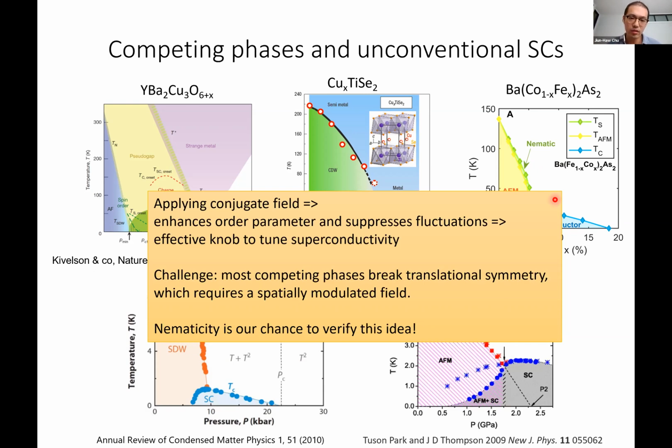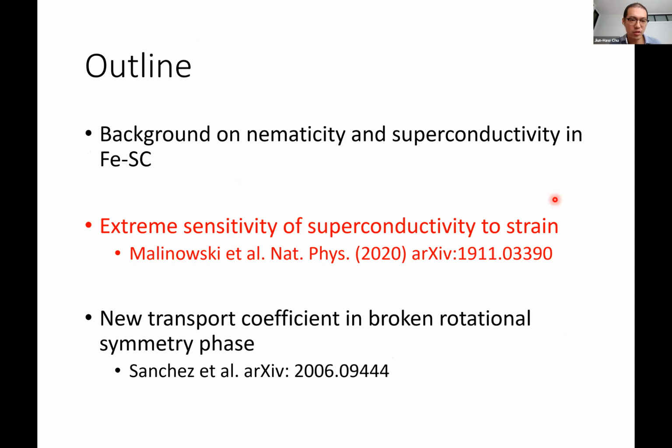So I think in this sense, the nematicity in iron-based superconductors is a very unique case that can allow us to test this idea of competing symmetry-breaking phases and the fluctuation of symmetry-breaking phases for superconductivity. Okay, so I'm going to finish the introduction, and I'm going to talk about the actual results of applying strain